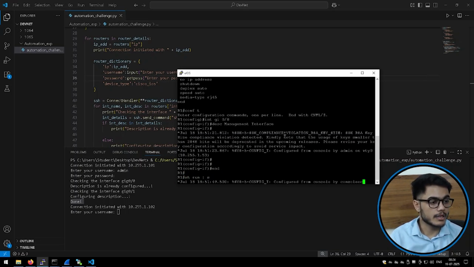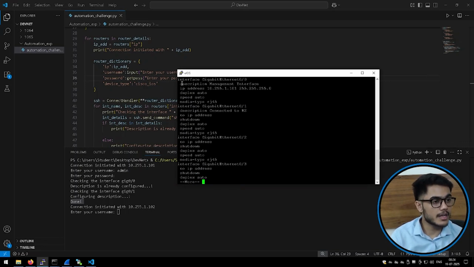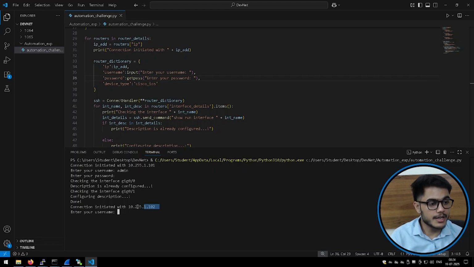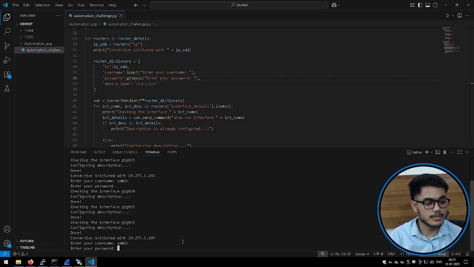So now if I go and check my router number 1, show run | section interface, I'll not just see the description on gi0/0, but I'll also see the appropriate description on gi0/1 as well, connected to R2. Now the next connection is initiated with 10.255.1.102. I'll say admin Cisco. It should configure all the 3 interfaces. There you go. Gi0/0 configuring description, done. Gi0/1 configuring description, done. And same for gi0/2. Then router number 3, admin Cisco,